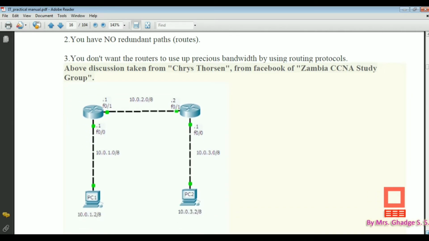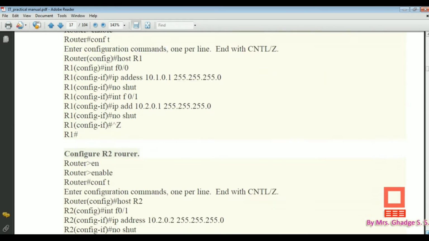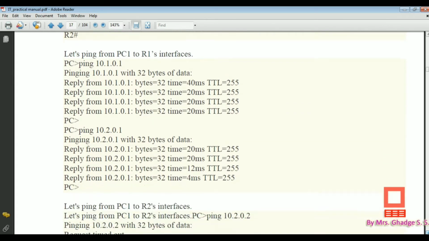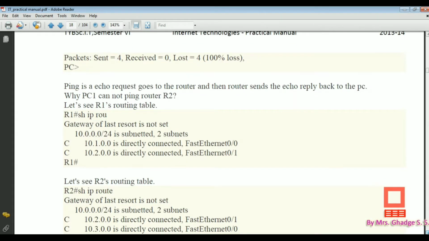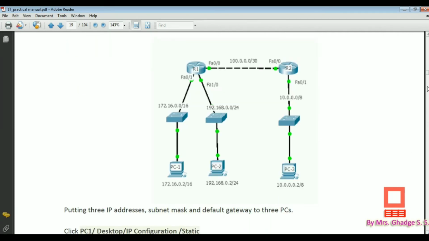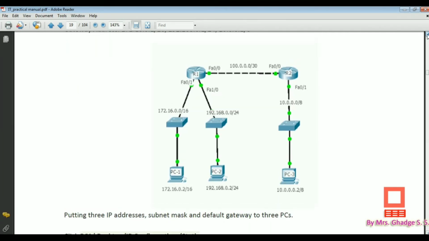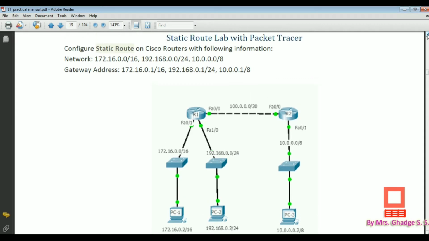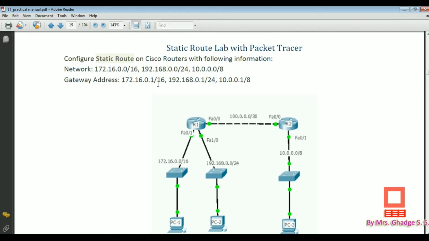Okay, so let us see how we are going to do our practical of static routing. For that we are going to see one network, and for this network we are going to configure static routing. So what is our aim? Our aim is to configure static routes on Cisco routers with the following information.